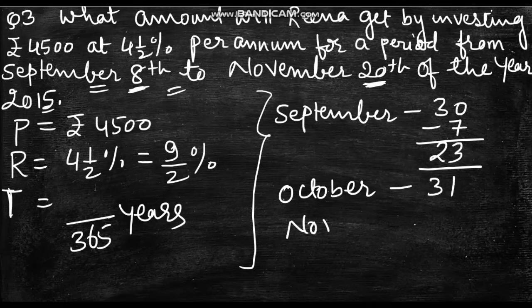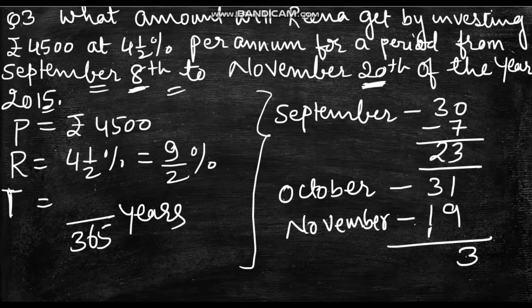And in the month of November, see, on 20th, we are taking back our money. That means only 19 days because we will not get the interest of 20th of November. So only 19 days here. So add all these three. 9 plus 1, 10, 10 plus 3, 13, 3, carry 1, 1 and 1, 2 and 3, 5 and 2, 7. So you are getting 73 days.